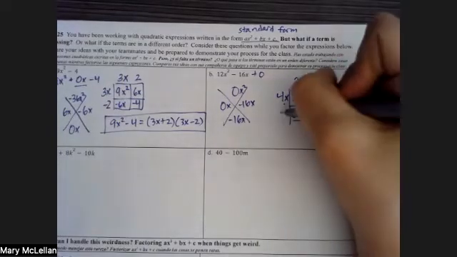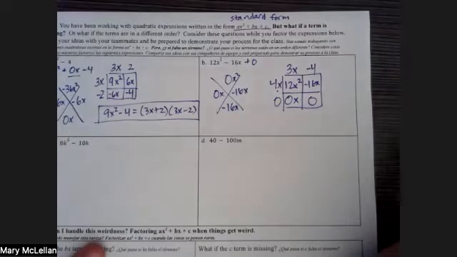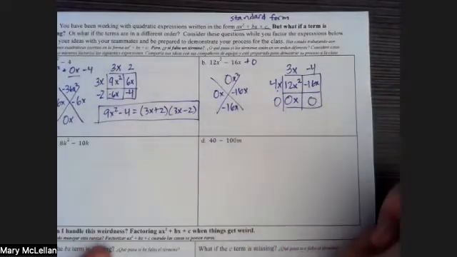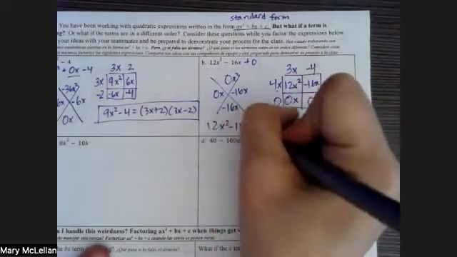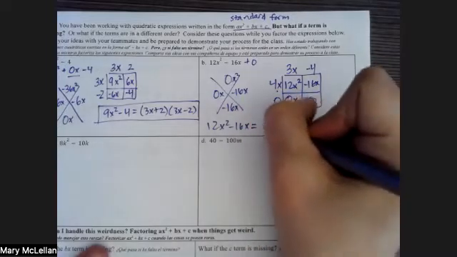4x times 3x is 12x squared. 4x times -4 is -16x. And down here, look, you can write a 0, that's fine, but you really don't have to. So you can write your answer as 12x squared minus 16x equals